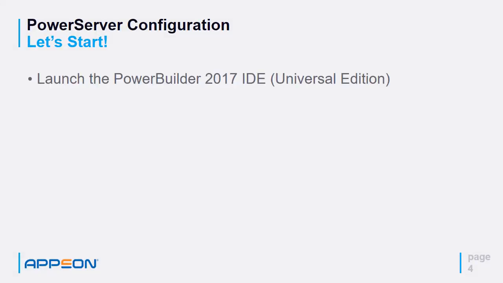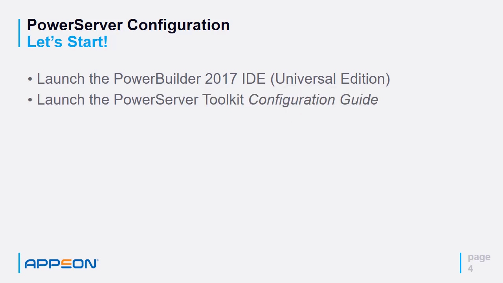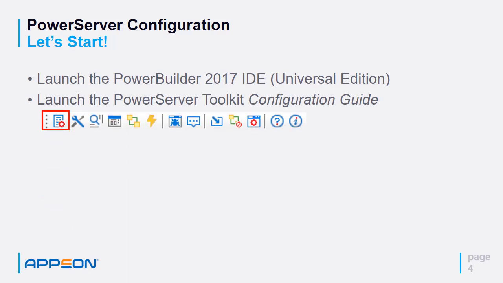So, PowerServer configuration. First of all, we need to launch the PowerBuilder IDE. This must be the Universal Edition because it includes the PowerServer Toolkit. Once you launch PowerBuilder, you'll see the PowerServer Toolkit as a secondary toolbar right underneath the main PowerBuilder toolbar. The first tool that we're going to use is the Configuration Wizard. That'll build us a PowerServer project which will map to our existing PowerBuilder application and define exactly how we'd like